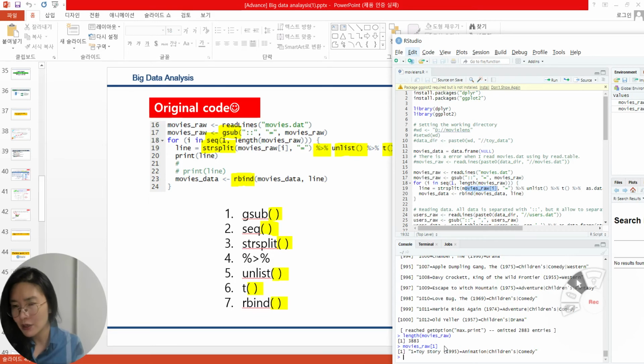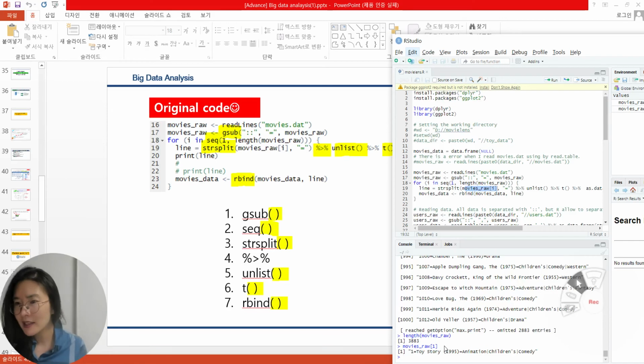Similar to a person's thoughts, RStudio can understand each line step by step, similar to a person, right? So RStudio reads just the first line of the original data, such as the movies underbar row,